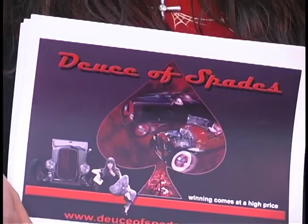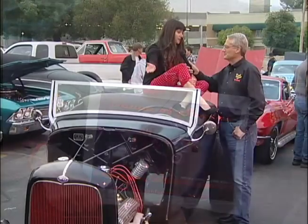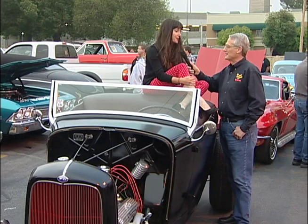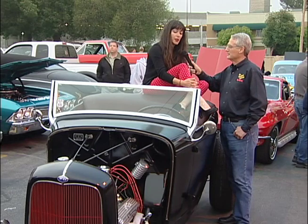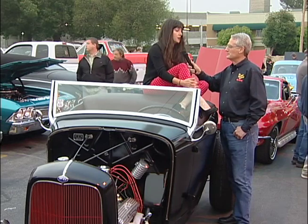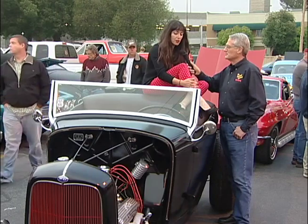The title of the movie is Deuce of Spades, because this is a deuce, and because there was a spade on the firewall. It's a car from 1955. It was the fastest roadster in the Los Angeles area. The premise is that a girl buys the car in 2007, and while working on the car one day,